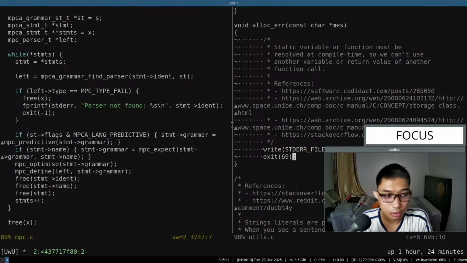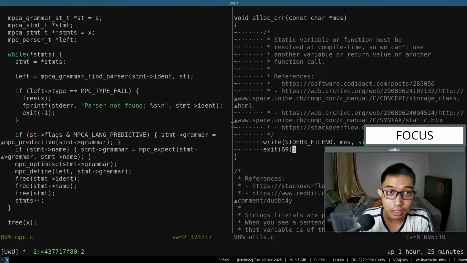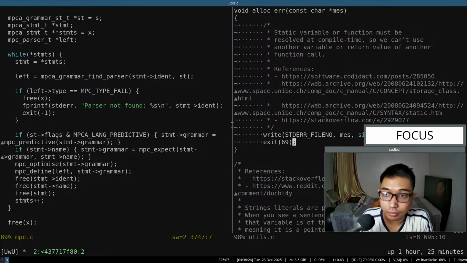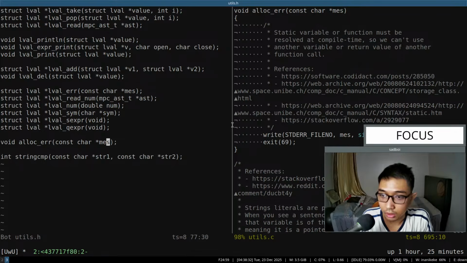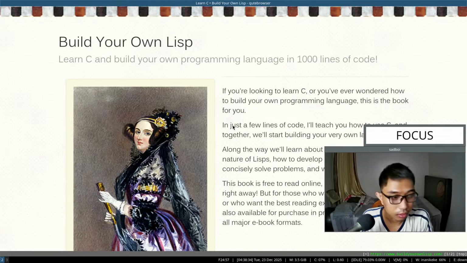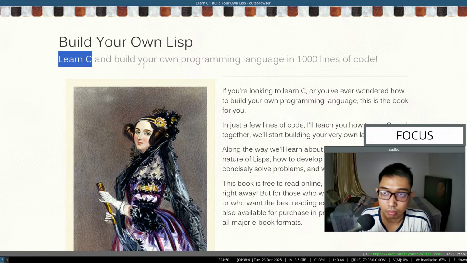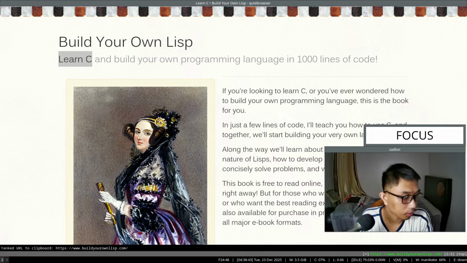Let's give the exit status 69. Hello, hello, Rishi. Welcome. Currently, I am trying out to handle the allocation error. Alright, in case you are new, I'm trying to learn C, which is another programming language, by